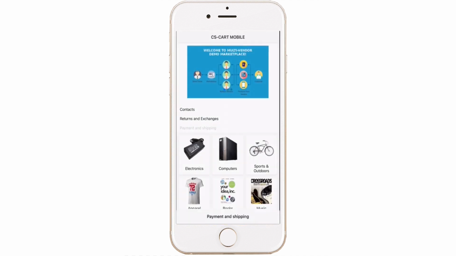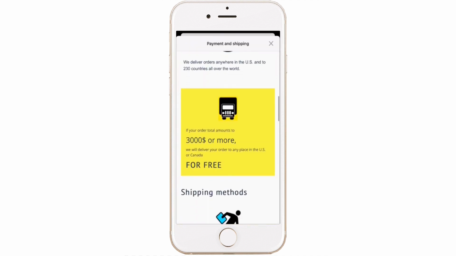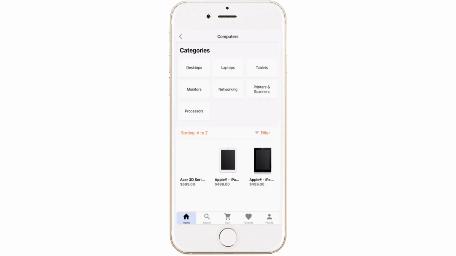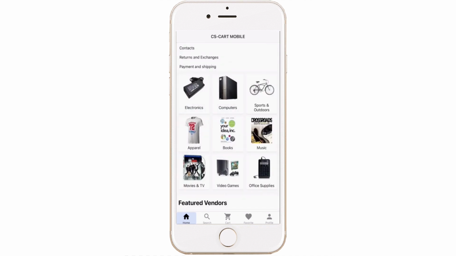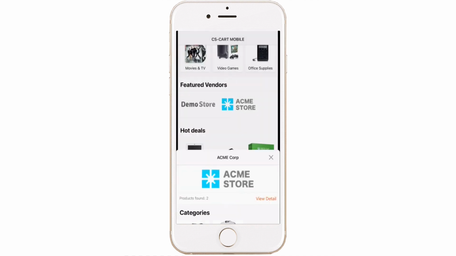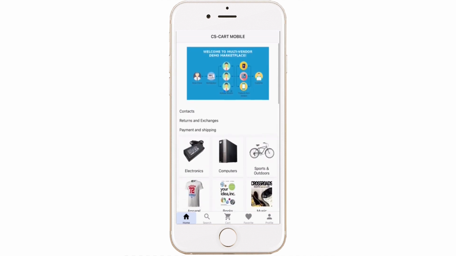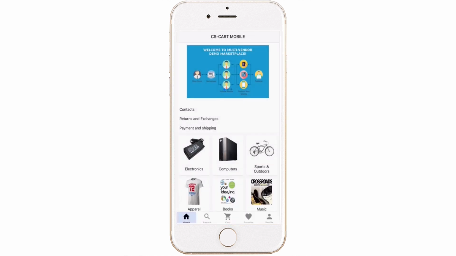Please note that there are only 5 types of blocks you can work with when it comes to the mobile app layout. These are banners, categories, vendors, products, and pages. At other times, for example, if you make changes to the colors of the splash screen, or if you want to update the app, you will need to rebuild the app. To do this, you will have to contact our customer care specialists.